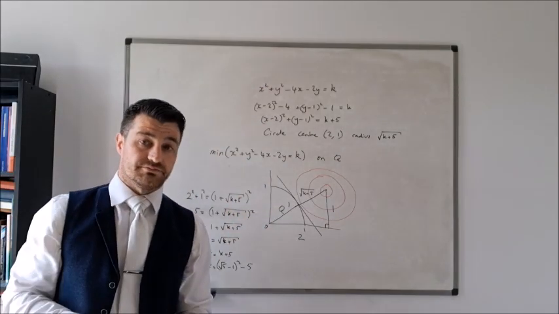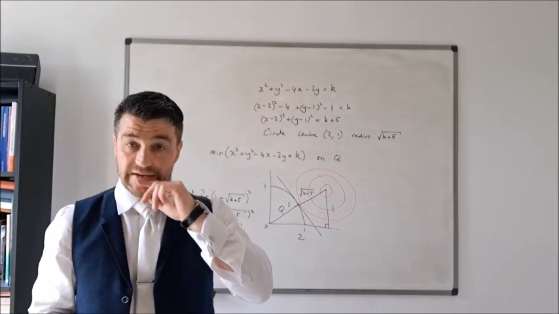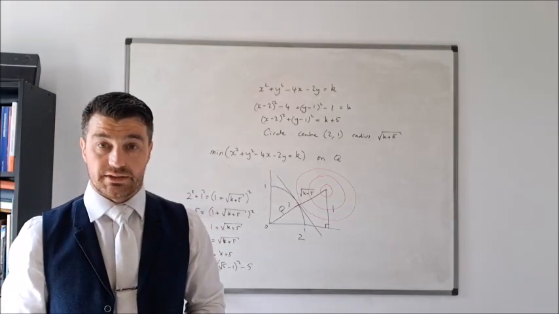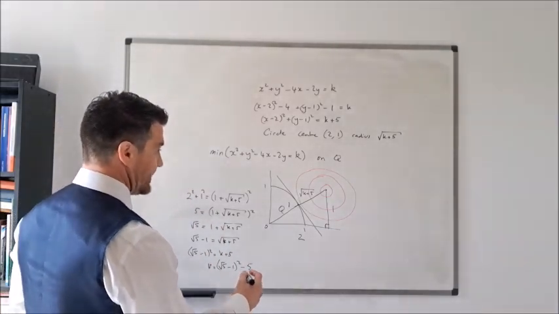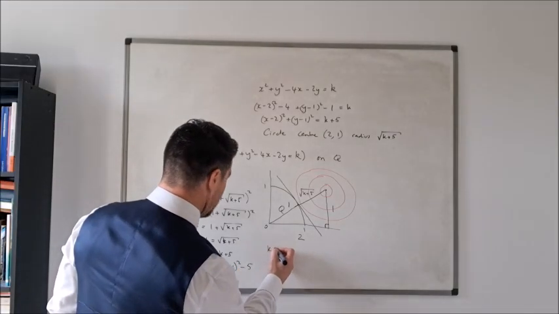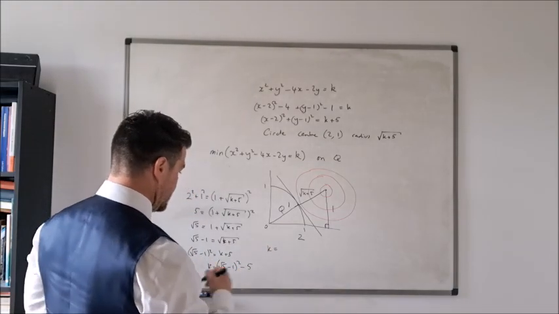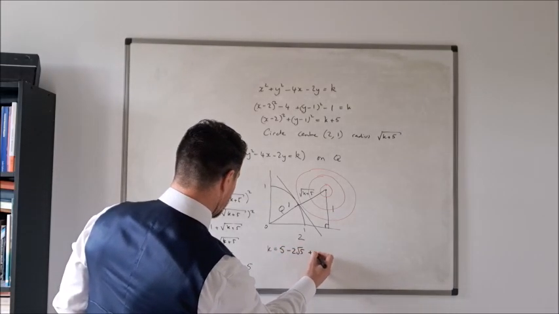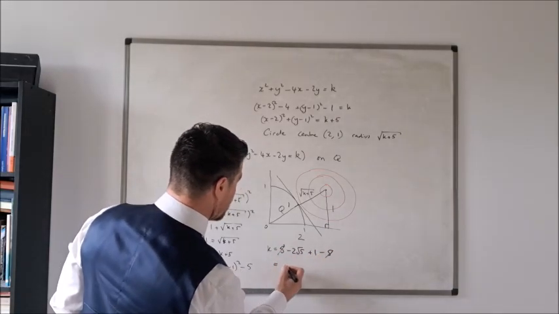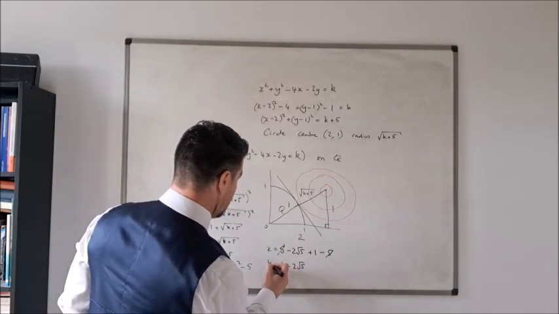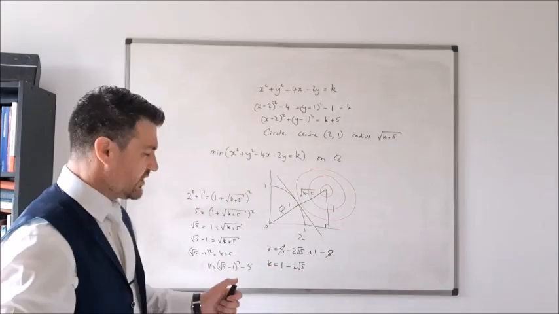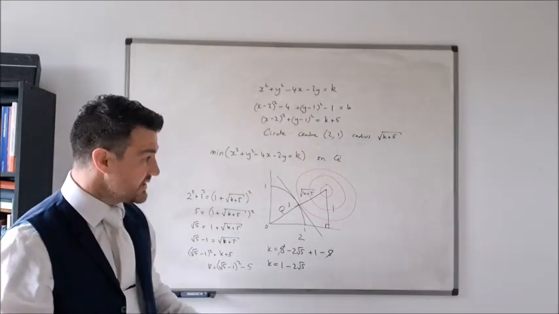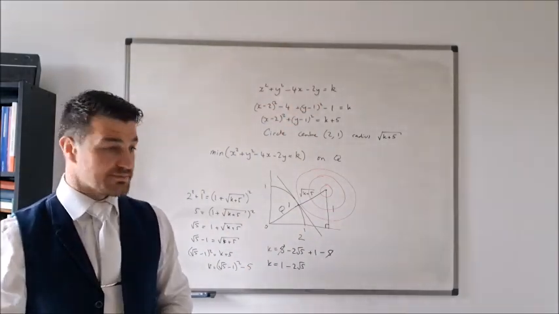Again, there might be more general techniques and methods that you can apply to, in theory, solve this problem. But I just thought this simplifies. I'm not leaving it like that. 5 minus 2 root 5 plus 1 minus 5. Oh, that's much nicer. 1 minus 2 root 5. Don't be lazy. Simplify your expressions. k equals 1 minus 2 root 5. That's the minimum value for this expression.